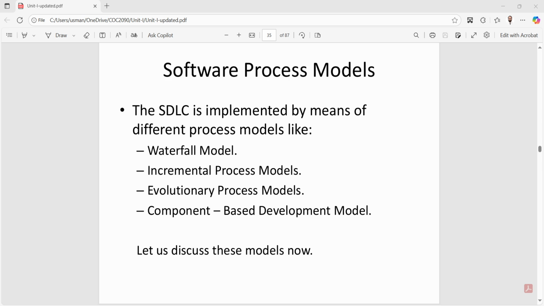So we are going to see these four further process models, which are known as the waterfall model, incremental process models, evolutionary process models, and component based software development model. We are going to see all these approaches one by one, but before that, let me explain what a process model is. With a simple example that